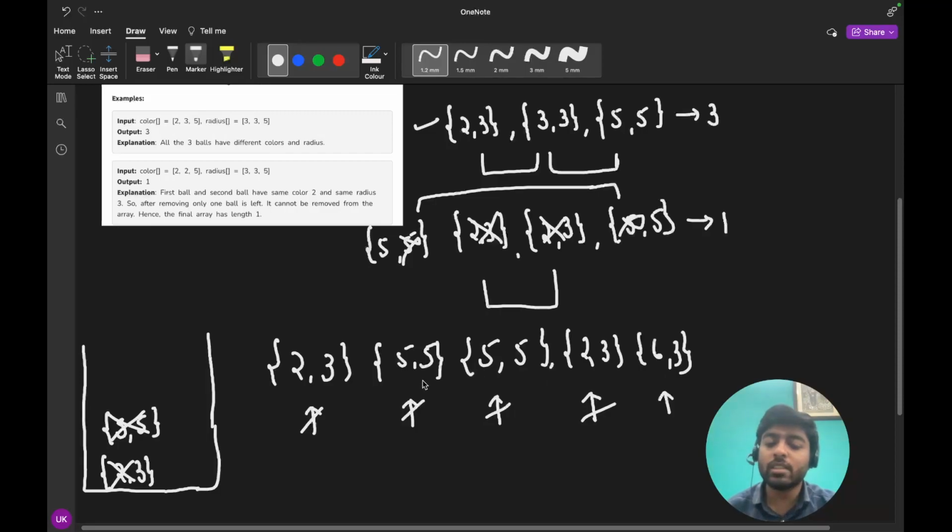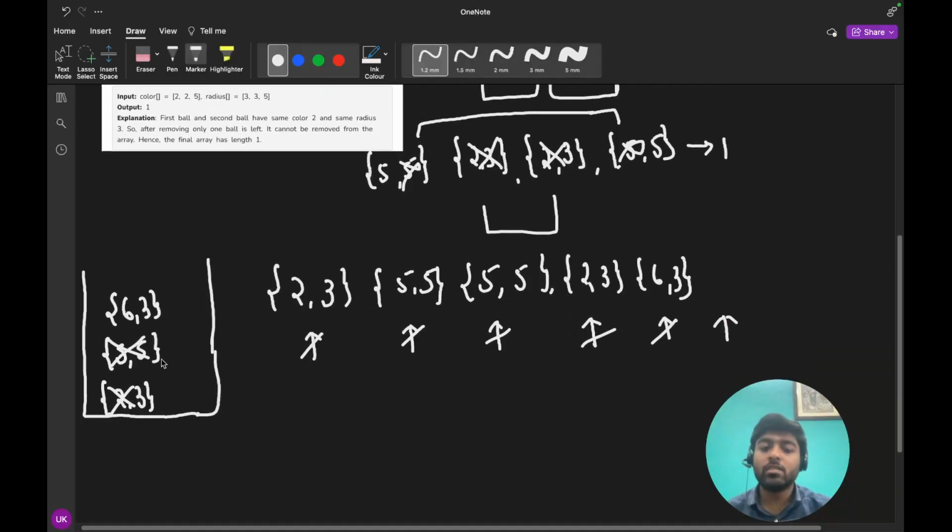Now 6 comma 3 is there. Is there any value in the stack? No. So put this 6 comma 3 in the stack. Now there are no values left, so the answer is only this value. My answer will be stack dot size, meaning how many values are in the stack. So that is equal to 1. So 1 is your answer in this case.